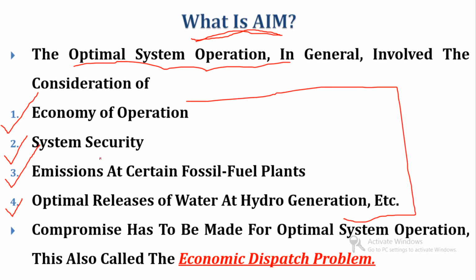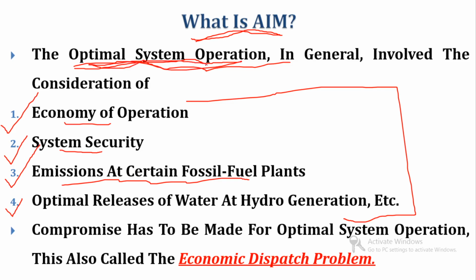Again I will repeat: the economy of operation, system security, emission at certain fossil fuel plants, that means thermal power plant and nuclear power plant, and optimal release of hydro water at hydro power plant. So, what does it mean? First of all we have to understand the word